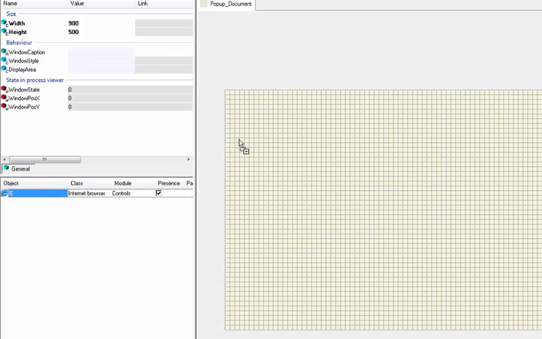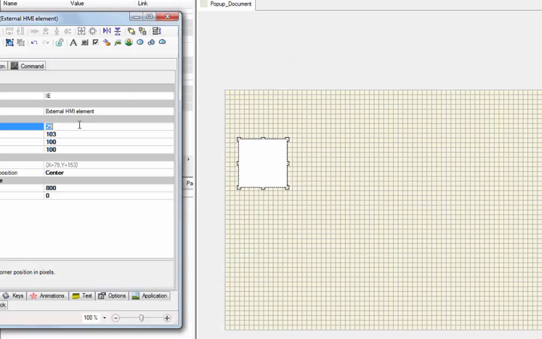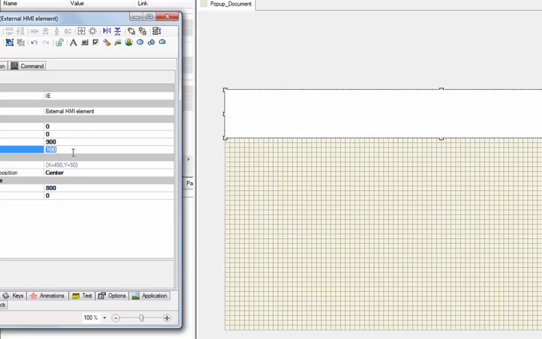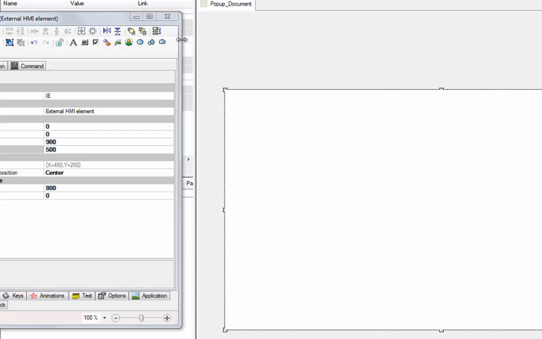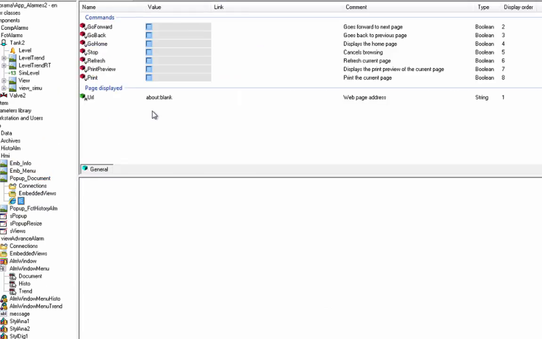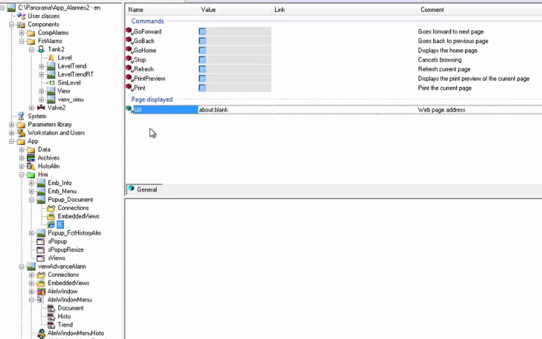This will be displayed, and we'll make it full screen in the view. So, top corner, 900, 500. This internet browser will have a property called URL, which we'll just have to set to tell the browser